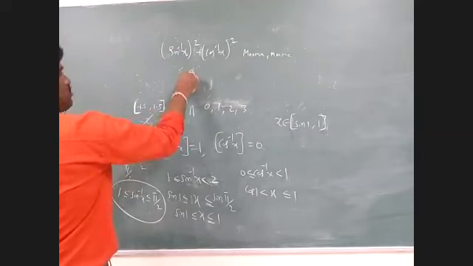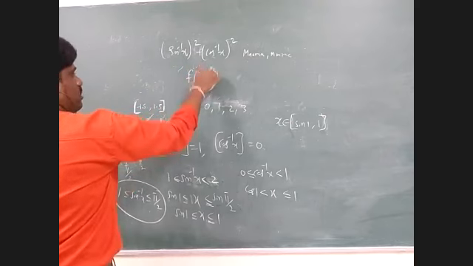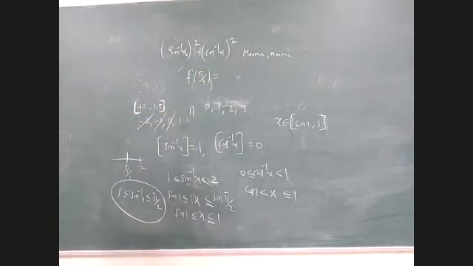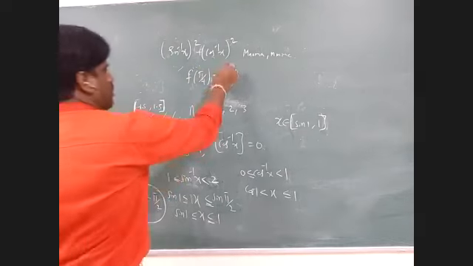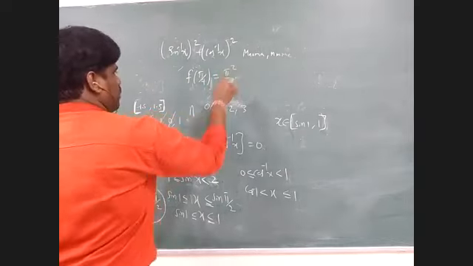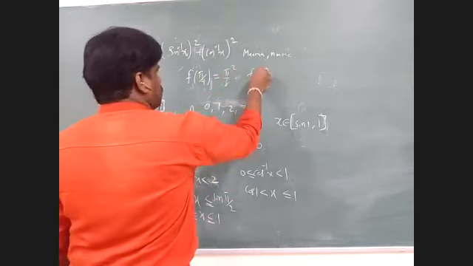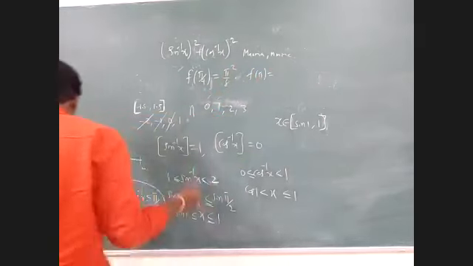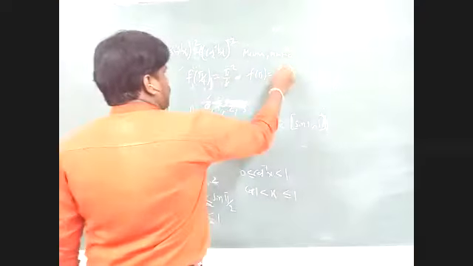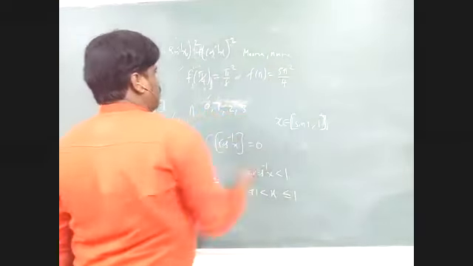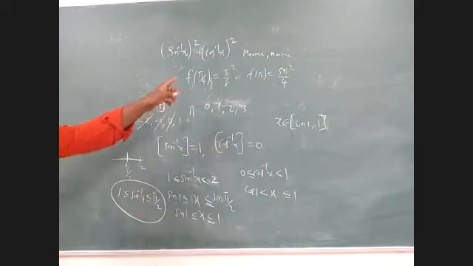And then you have substituted f is equal to pi by 4. When you substitute f is equal to pi by 4, you will get the answer pi square by 8. This will give you minima. And when you substitute f of pi, then you will get the answer 5 pi square by 4. This is the maxima. And this is very most important.